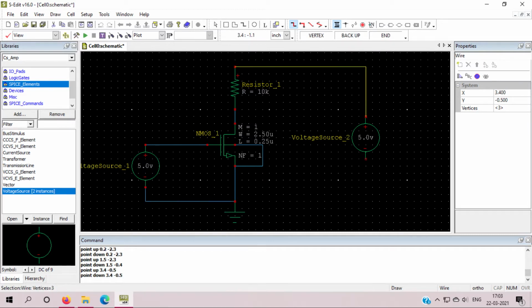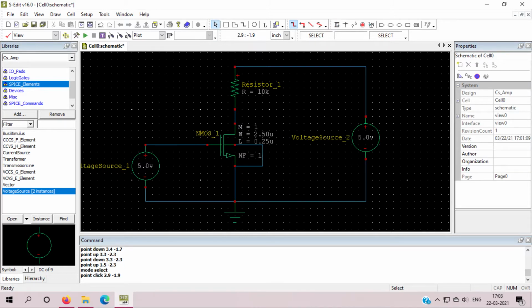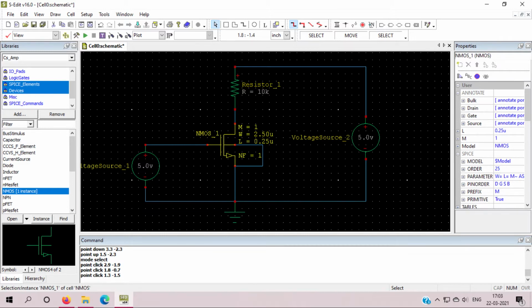This will also connect to VDD, and this will go to the ground. So my circuit connection is already done. What we need to change here: first I will leave this resistor value as 10K, no problem. The width and length of the NMOS is also okay. It is a ratio of 10.